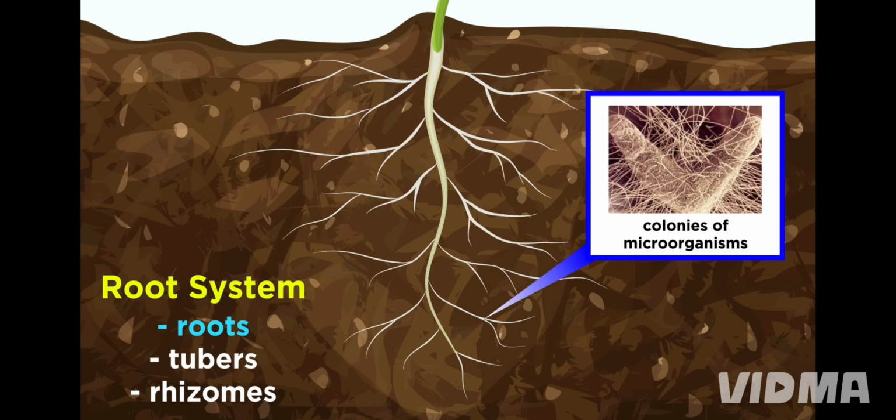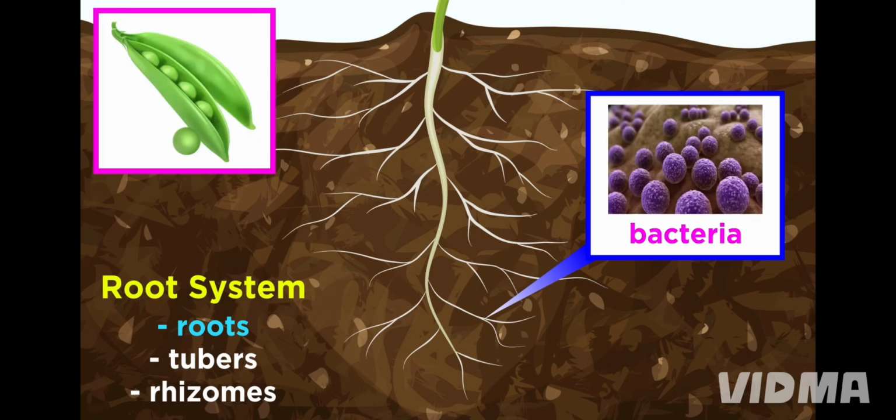Some plant roots also include pockets for bacteria or fungal colonies to live in. The fungi living in these pockets are called mycorrhizae, and they form symbiotic relationships with plants, providing mineral nutrients to the plant in exchange for sugars from photosynthesis. Legume plants, like beans and peas, form similar relationships with bacteria living in nodules on their roots. These bacteria specifically help legumes collect nitrogen, which is often a scarce resource in the soil, and its scarcity can